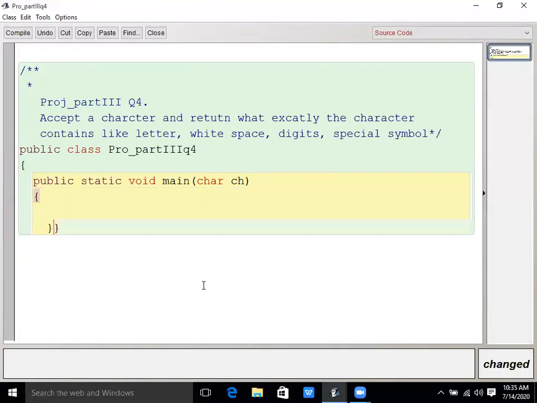Now after the input of the character, I will check what the character is. Now see, remember in the question: accept a character and returns. Remember it is returns.